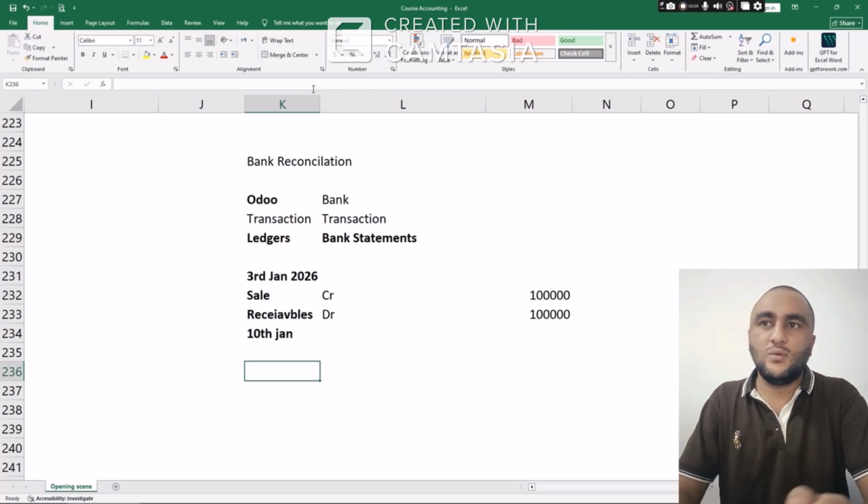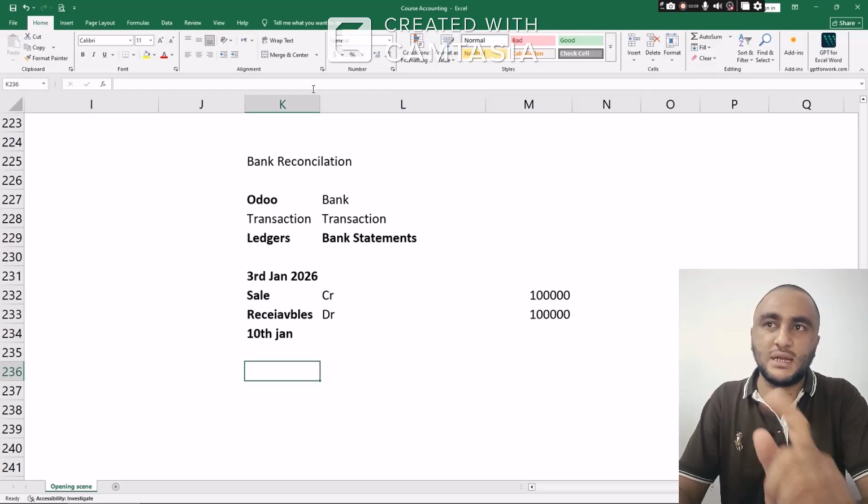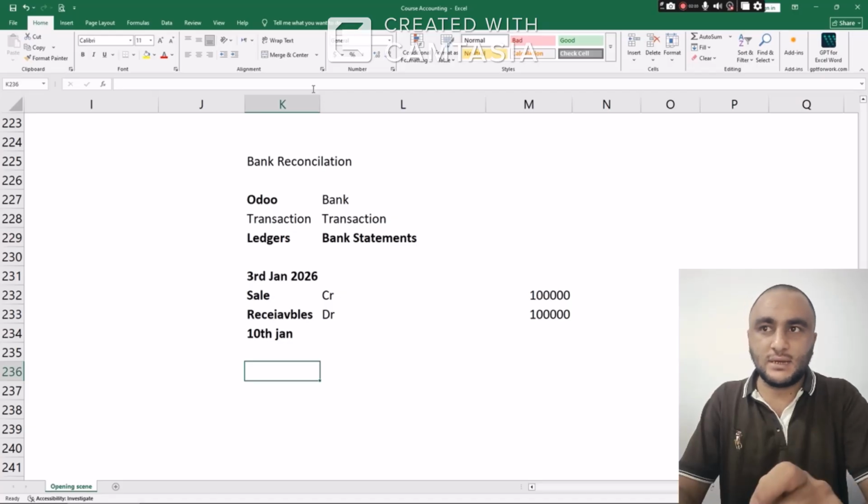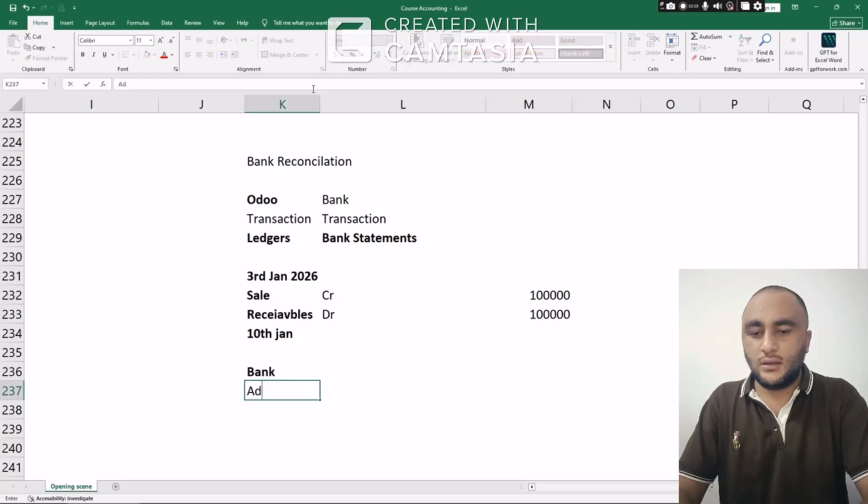The bank will receive money, and if we see our statement, we will see this 100,000 in the bank statement, which was transferred by Albert. As you can see in the transaction, his name will be appearing. So if you upload this statement in Odoo, or write this transaction manually in Odoo